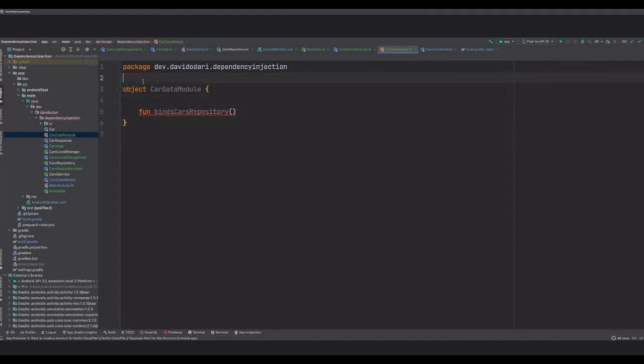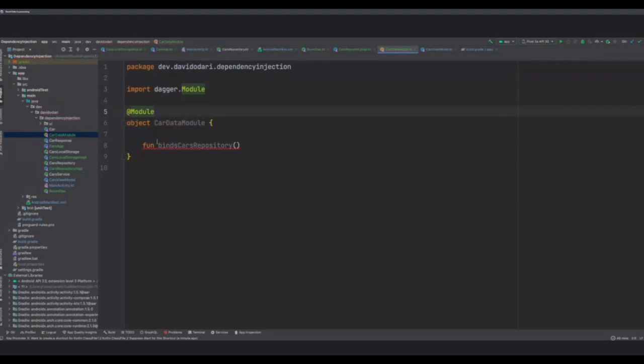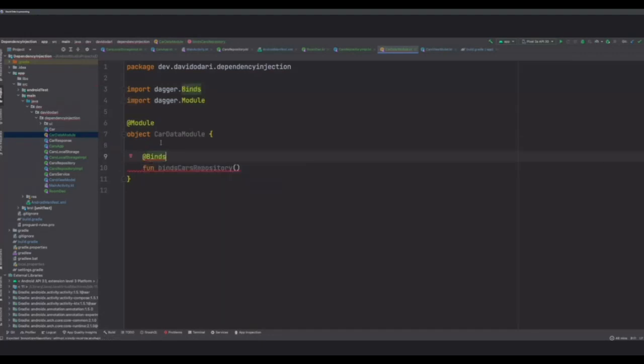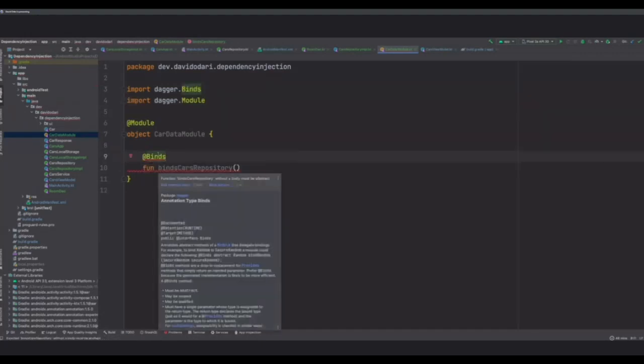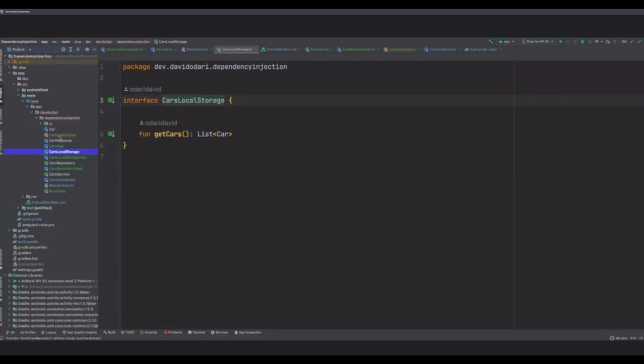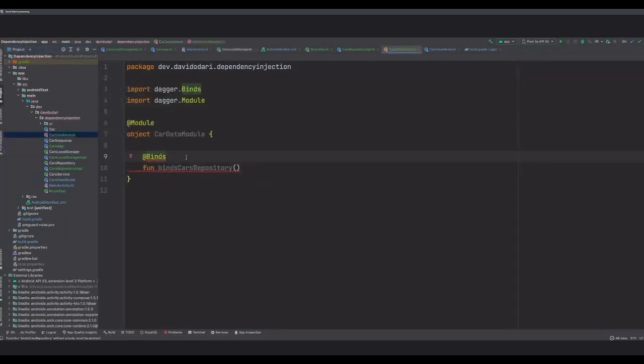So first off, I'll mark this as a module. Then I'll come here and say binds. This connects the interface with the implementation. Like we had this interface and the implementation. So this is what binds is mostly used for.